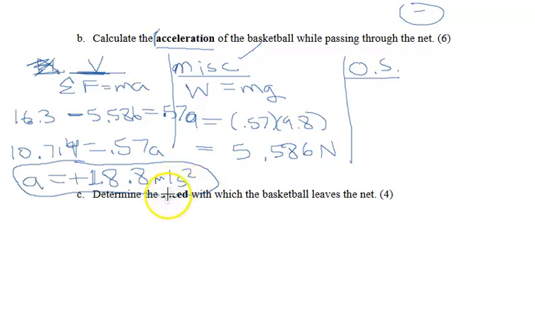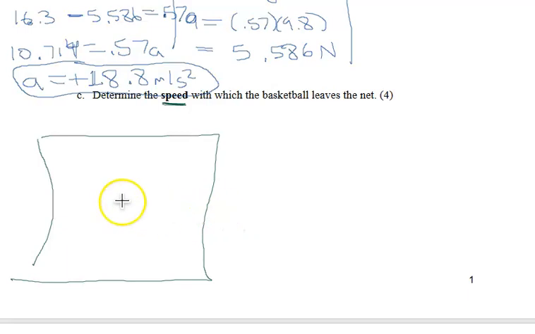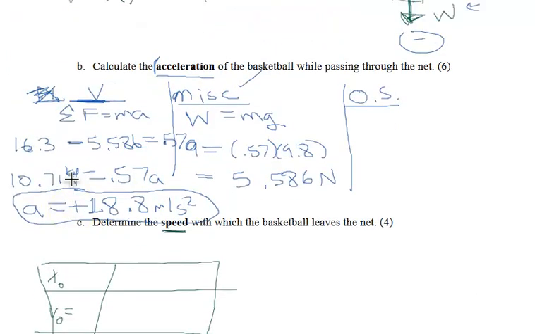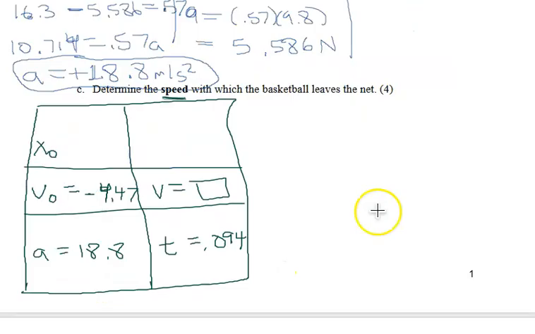All right. Question C says find the speed, and that is definitely your old school column. Sorry, my tablet is not behaving for straight lines. Okay, so what do we know? We know V naught is negative 4.47. That's why I had you put the, sorry, I'll start over. Okay, so filling out the physics Sudoku,